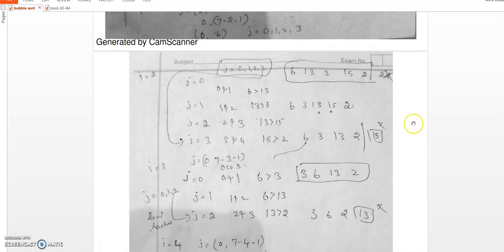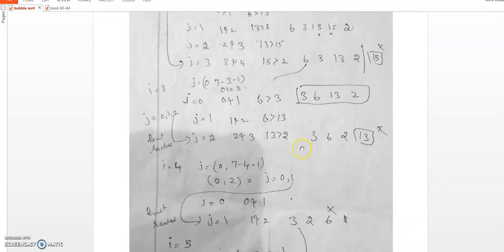Then j equal to 2, 2 and third will be compared. 13, there is no need of swap. And j equal to 3, 3 and fourth value will be compared. Here there is a need of swap. So j reached the limit, and we have to come out of the j loop and move to the outer loop. In the outer loop, i takes the value of 3. So in this pass the third largest element gets placed. After this, in the next pass we are going to concentrate only on these 4 elements.